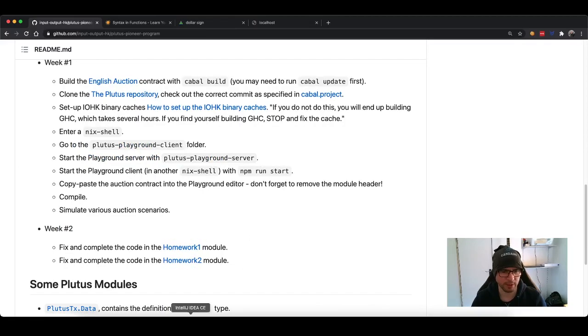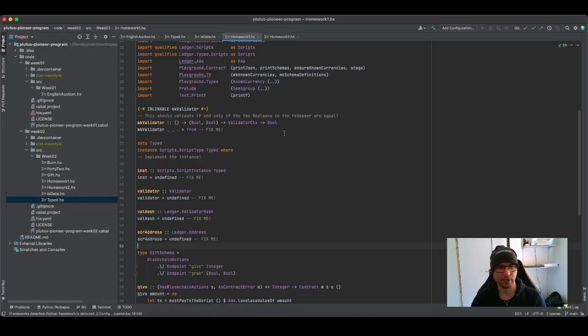For simplicity, I've already checked out this thing. I'm going to be using IntelliJ IDEA, and here is the source code. So this is homework number 1. Up here you can see in the name of the file, Haskell. I will follow